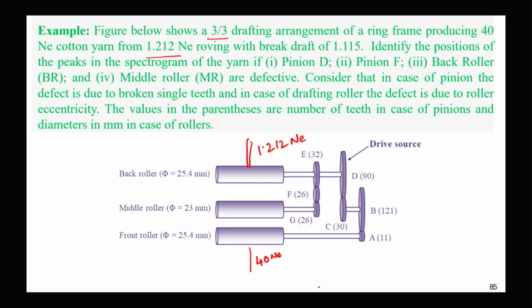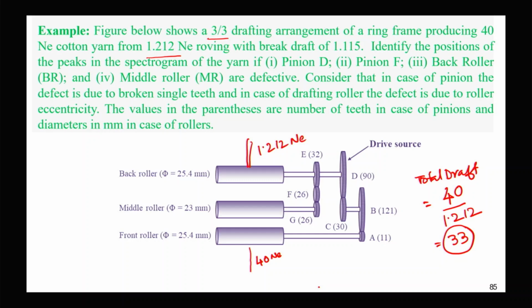So considering there is no twist contraction, total draft will be yarn count by roving count. It will be approximately 33. So 33 is the total draft,